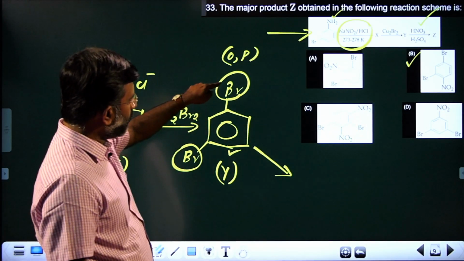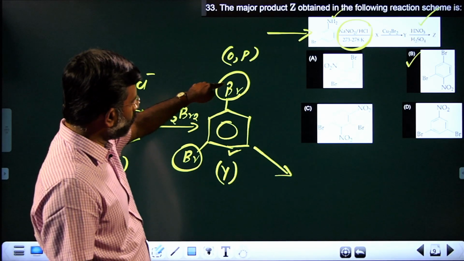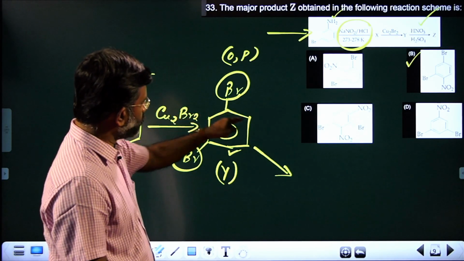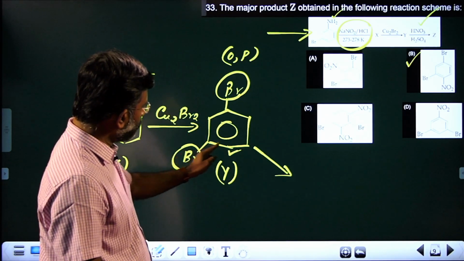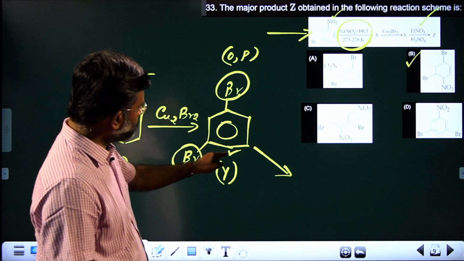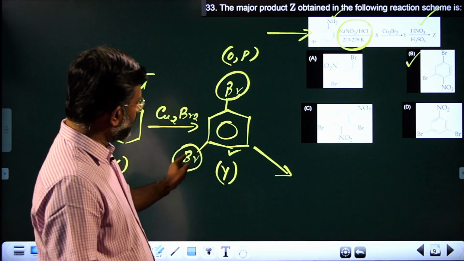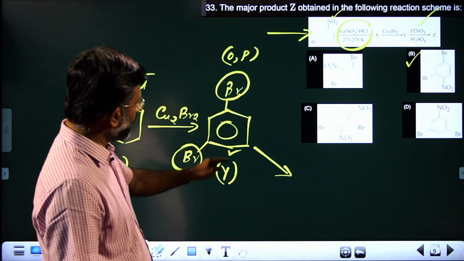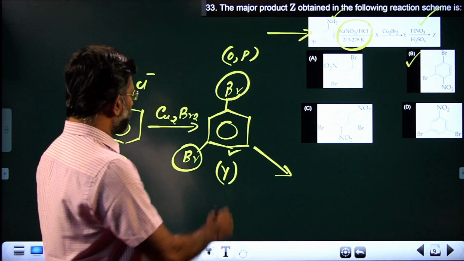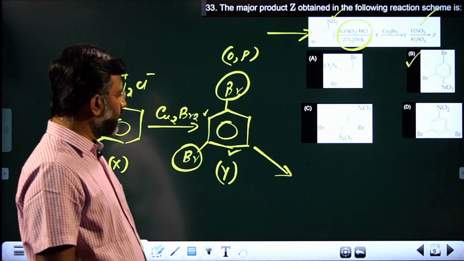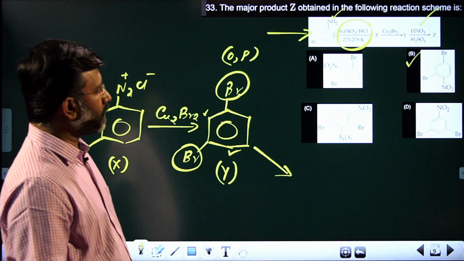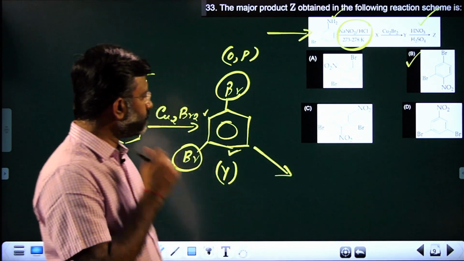See, the para position for this, ortho position for this. Now para position, this one. This ortho position is this one. So this particular point has got a speciality. This is ortho for this and para for this. While this position, you know, is highly hindered. This position is highly hindered. So the answer will be option B.